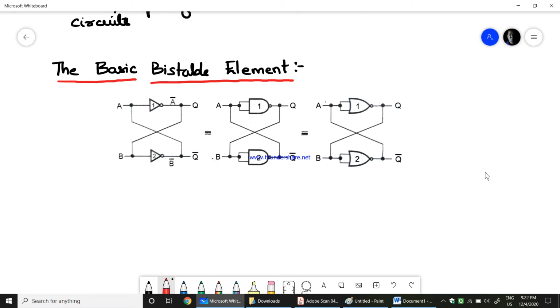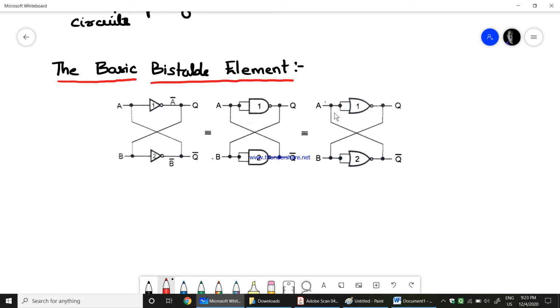Normally the bistable element or latch is made up of two inverters. Inverters means a NOT gate. It can be a direct NOT gate, as we see in this diagram. It can be a NAND equivalent NOT, so a NAND gate can also be used to design the bistable element, and it will behave as an inverter. We also have a NOR gate, which is again an equivalent NOT, also an inverter. So we basically work on inverters to learn the bistable element.